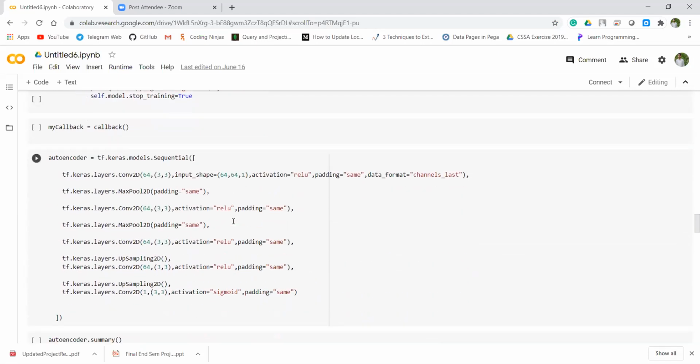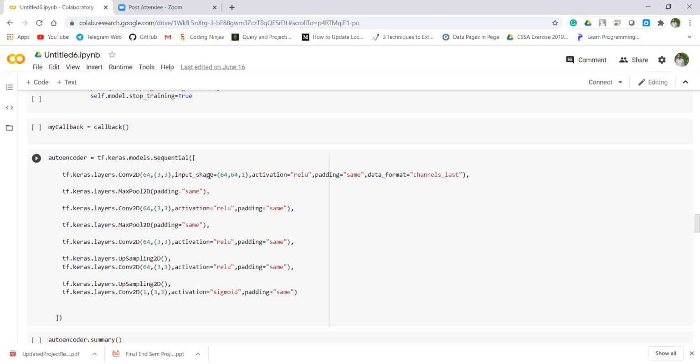Now, the main part of our code is the autoencoder generator and the layers. The Convolution 2D layer is used in our structure to create a convolutional kernel that is convolved with the layer's input to produce a tensor of output. The first layer contains 64 filters and a size of 3 by 3, height and width, followed by the ReLU activation function.